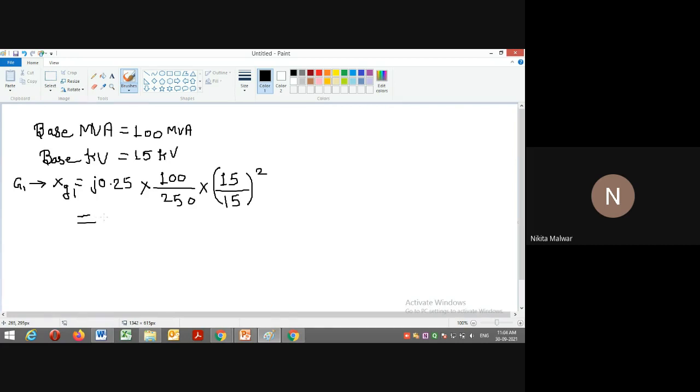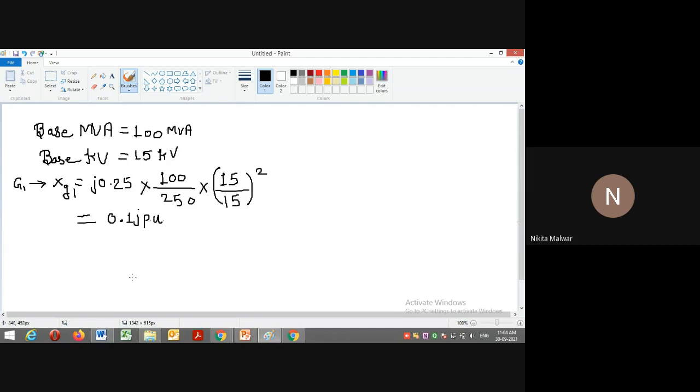Shall I write here directly? Okay. So your answer will be 0.1 J per unit. Keep in mind that all the calculations you may find in the solution are the easy way, because we don't have so much time in the GATE exam, so you all have to solve it within a proper duration.